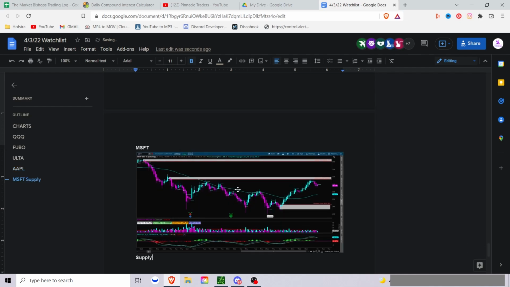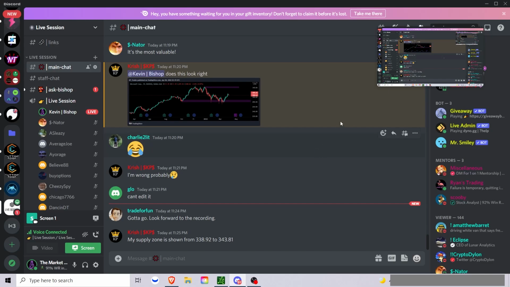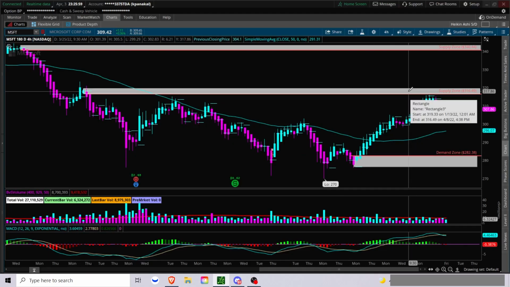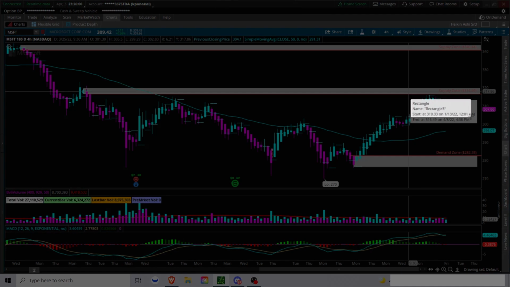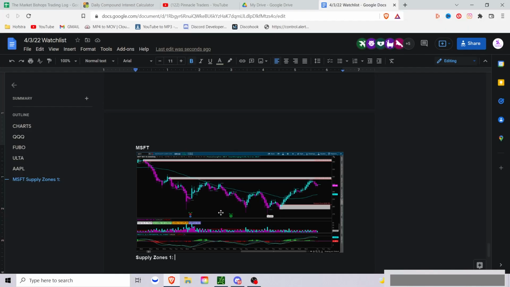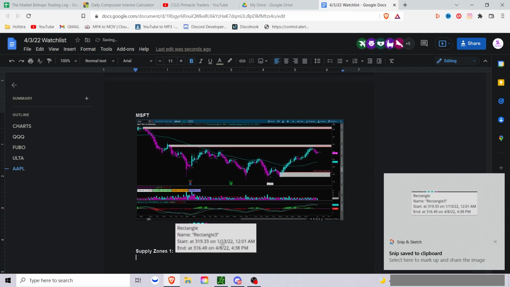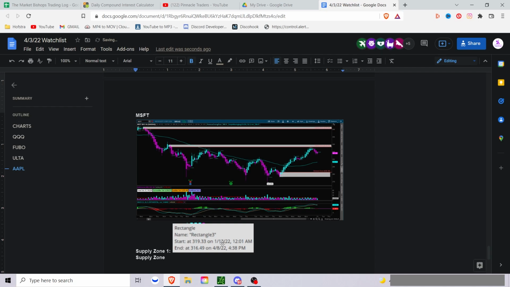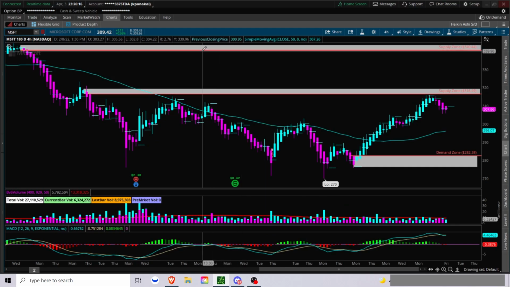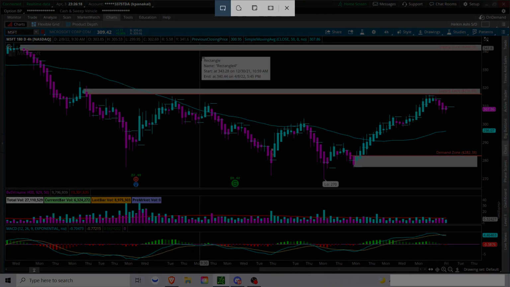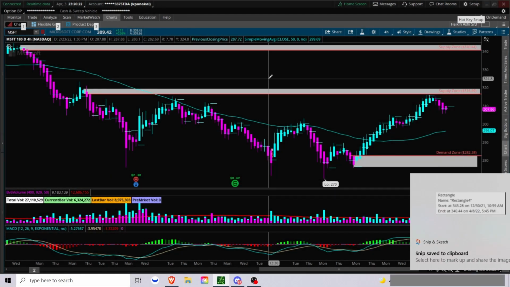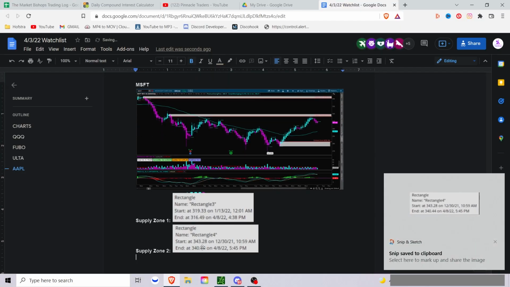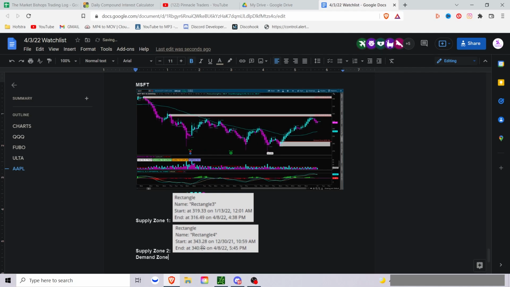Alright, so we have 2 supply zones, right? We have one supply zone from 316.49 to 319.33. Just posted that. Then we have a second supply zone, which is from 340.44 to 343.28. And then we have a demand zone